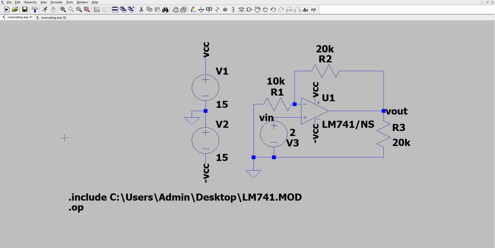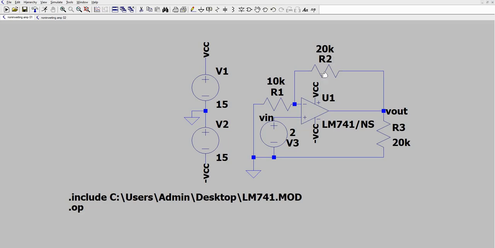For this meeting, we're going to perform non-inverting and voltage follower operational amplifier configuration circuits. You will notice that in this example, our input is now connected to our non-inverting terminal.